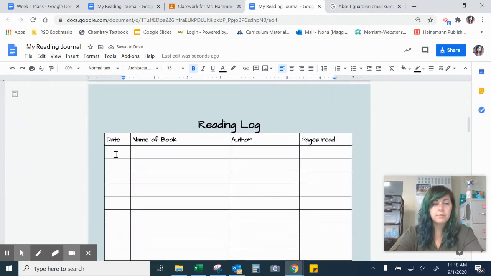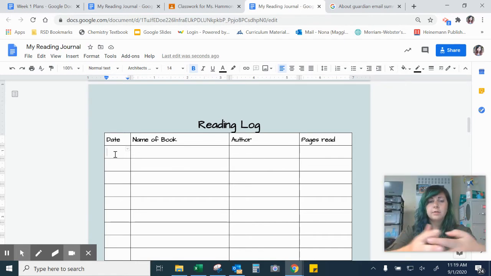Really important when you're reading is to keep track of how much you're reading, and this will help you to know if you're reading a book that's just right for you. If you're reading a book that's just right, it's at your level, you understand the words on the page, then you should read about a page a minute. So that means if I sat down and read a book for 30 minutes, I should be reading about 30 pages. So I'm going to enter today's date, the name of my book,